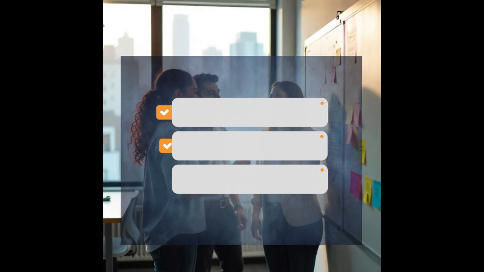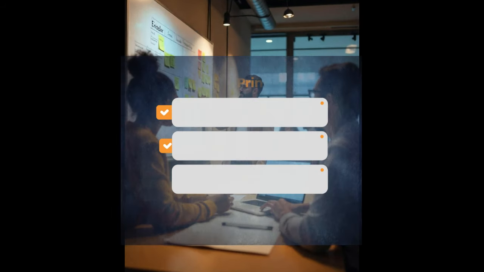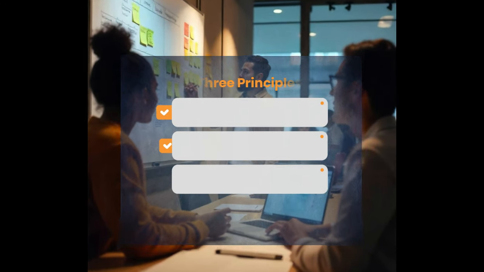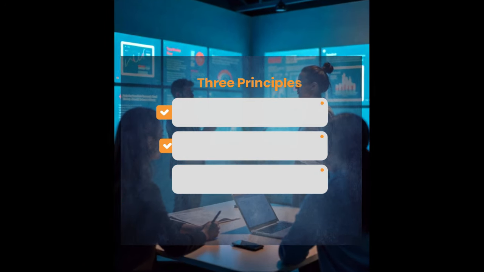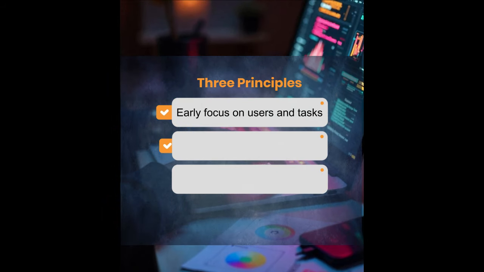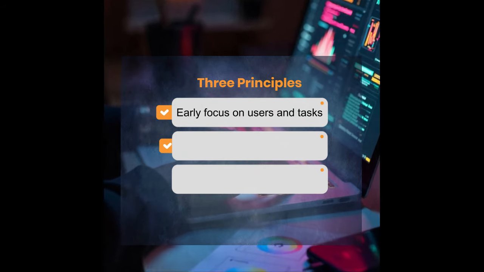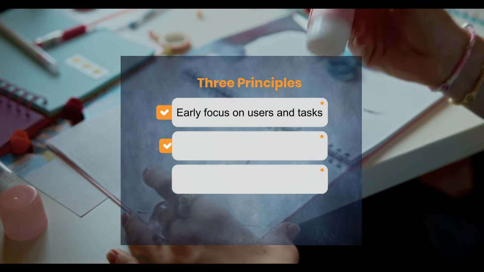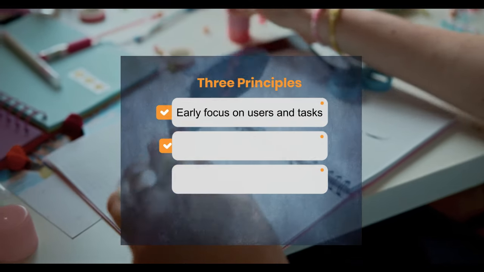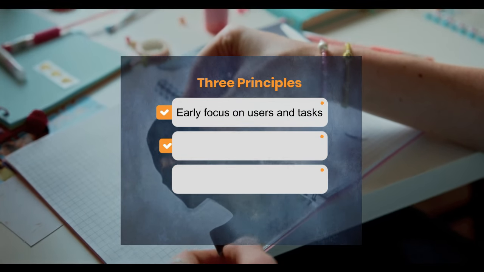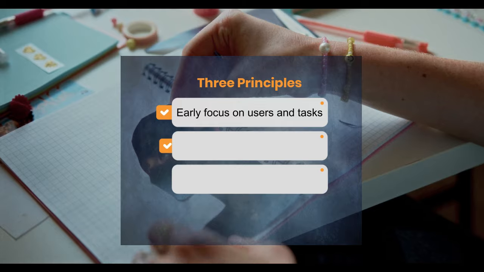John Good and Clayton Lewis 1985 set forth 3 ideas they think would result in a useful and easy-to-use computer system. These ideas correspond as follows. 1. Early focus on user tasks. This means first understanding who the users will be by directly studying their cognitive, behavioral, anthropomorphic, and attitudinal characteristics. This requires observing users doing their normal tasks, studying the nature of those tasks, and then involving users in the